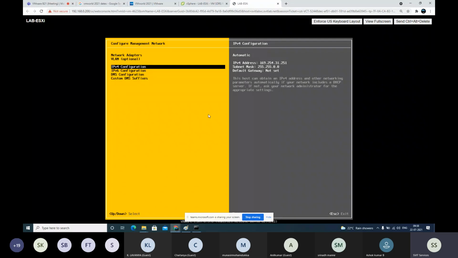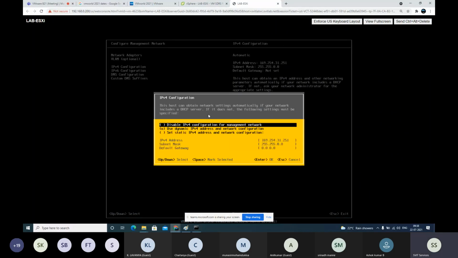So IPv4, enter. Here there is a second option. By default it will be selected. You select the third option. To select it, do not press enter. It's the space bar. Here if you read the bottom, up and down, you have to select the option and press space bar.